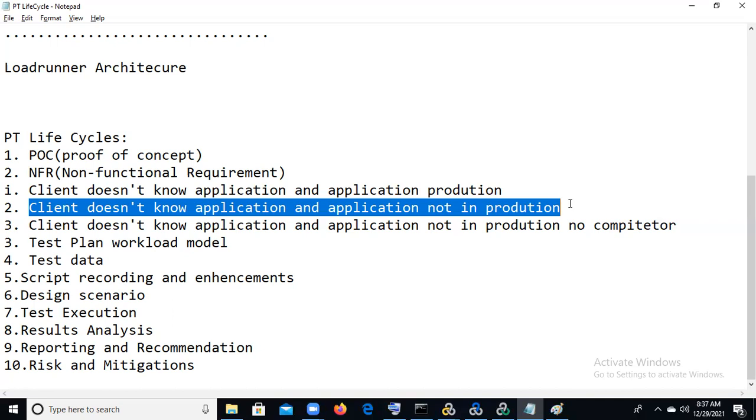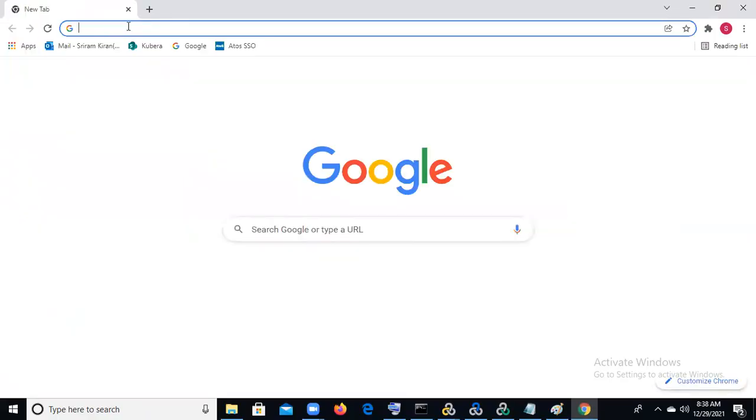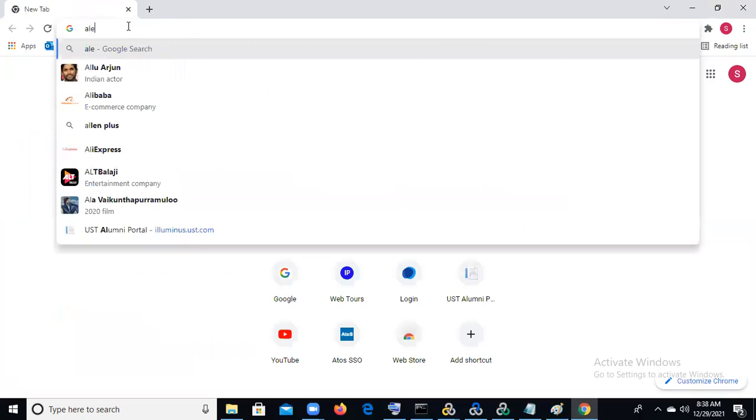So what is our solution? Get the competitor statistics and conduct the performance testing using network traffic monitoring utilities, using Alexa.com. Get the competitor statistics and identify the NFR in terms of peak hours, off peak hours, number of users, number of pages, and which pages the end users access most. So all these we can get using Alexa.com. I will show you how in 1 minute using Alexa.com.